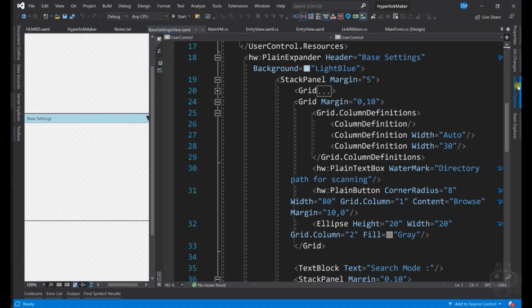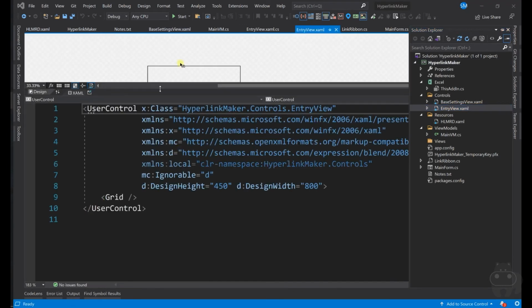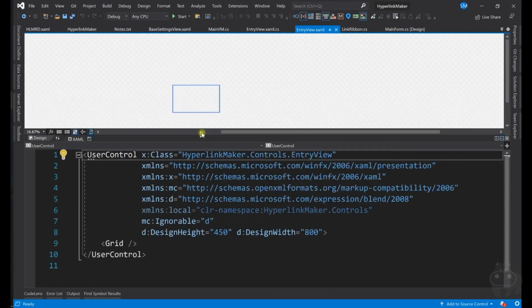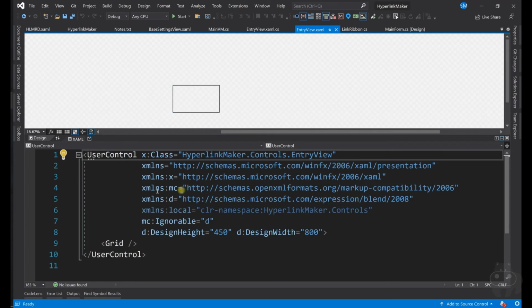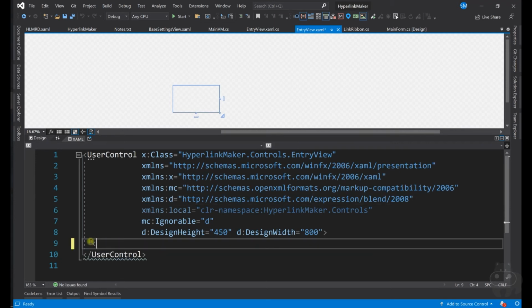So we have now added the base settings, which still needs some work. This base settings now should go into entry view. So inside entry view we don't have anything yet. We have not even called the Haley references or namespaces, but that's fine.